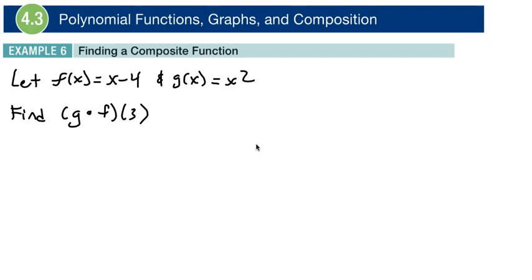All right, let's keep on chugging along here with example number 6, finding a composite function. Last example, we talked about what a composite function was, like basically taking a function and plugging it into the other. So when we look at f of x being defined as x minus 4 and g of x defined as x squared, if I want to do g of f of 3, then what we're basically trying to find